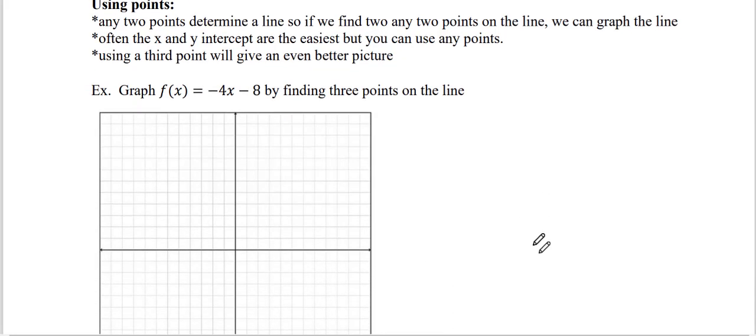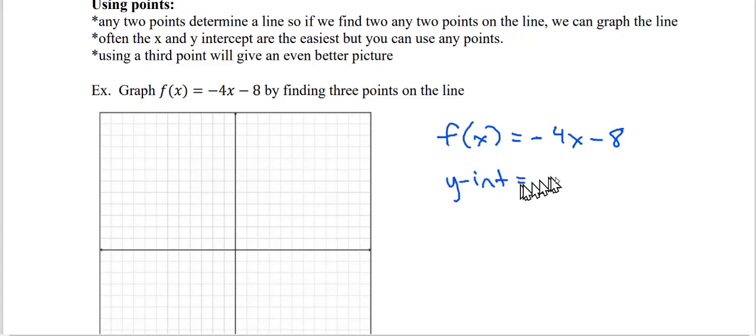Really 2 points, any 2 points will determine a line, but it's best if you have 3, 4, 5, the more points you have, the more accurate your picture is going to be. So let's take a look at what we have here. This equation, we have f of x equals negative 4x minus 8. When I look at that, the first thing I think is my y-intercept is 0, negative 8, and my slope